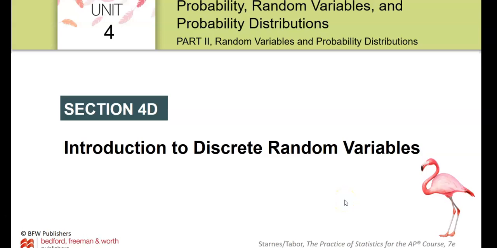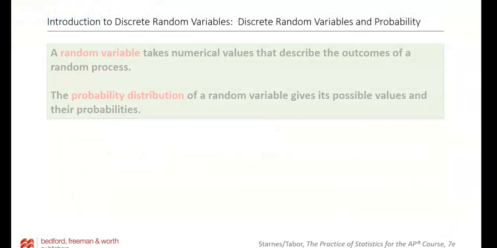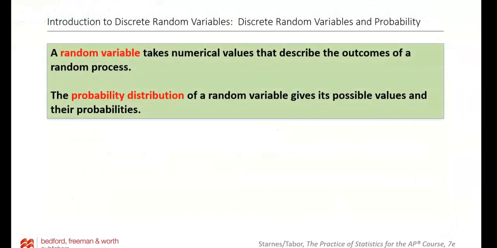Okay, so we're in section D, Introduction to Discrete Random Variables. A random variable takes on values that describe the outcome of a random process. It's a somewhat generic term. The probability distribution is all the possible values and their probabilities. So we sometimes draw histograms for that. Sometimes we write it in tables, but we can write out all the possible different probabilities of